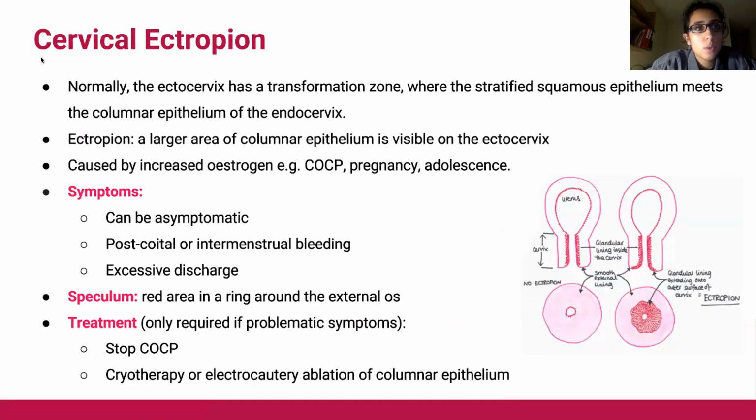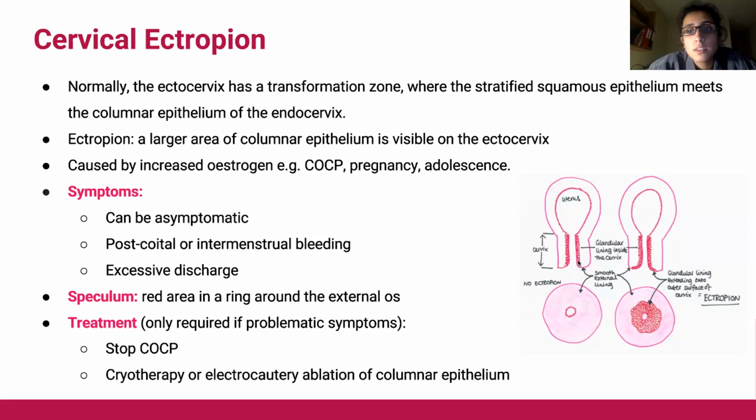So in order to understand what this is, you need to have an understanding of the anatomy of the cervix and the cell types in the cervix. So this is the uterus. This is the cervix, which is the neck of the uterus, and the different types of cells. The inner lining of the cervix, the endocervix, has a different type of epithelium to the external lining, which is the ectocervix. And there's a transformation zone between the ectocervix and the endocervix.